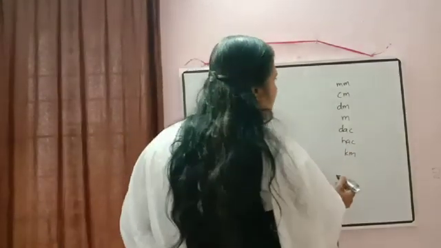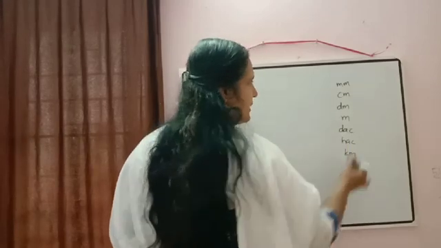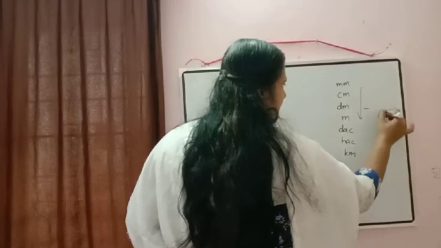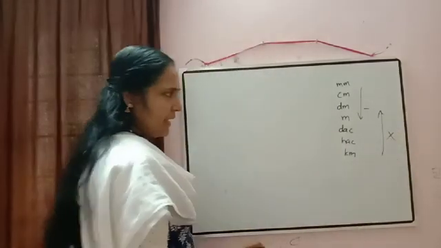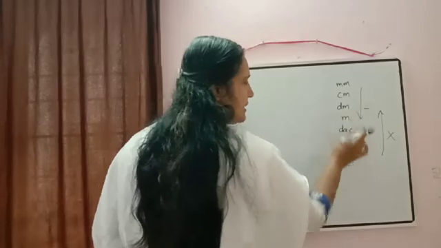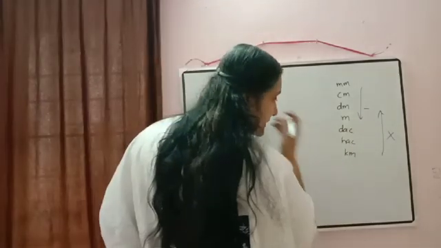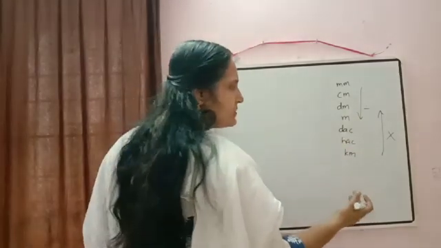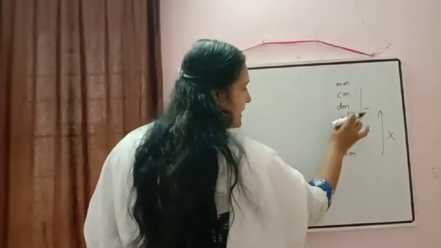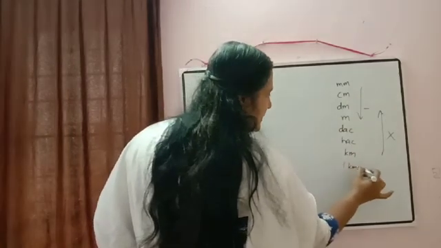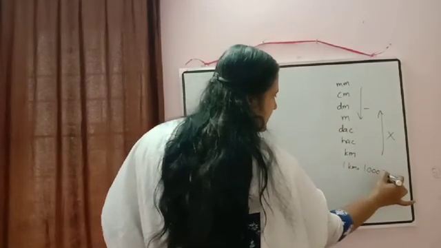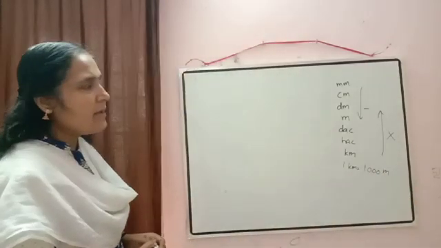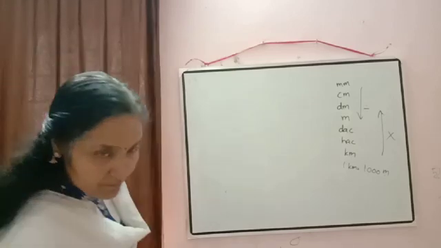So now, when you are converting the unit, if you are going down, then you have to divide, and if you are going up, then you have to multiply. Like if you have to convert kilometer into meter, that means we are going up. How many steps up are we going? 1, 2, 3 steps up. So 1 kilometer is equal to, just write 1 and put 3 zeros. So 1 kilometer is equal to 1000 meters. In the same way, when you go down, then you have to divide.